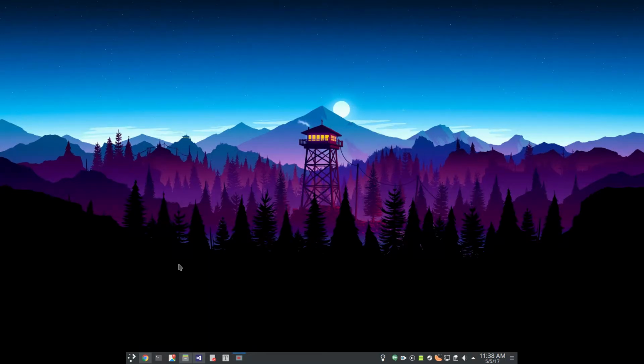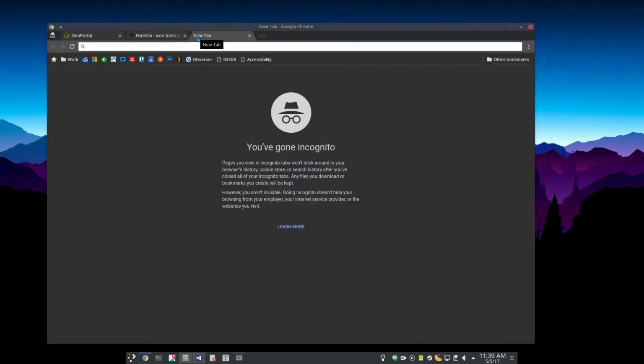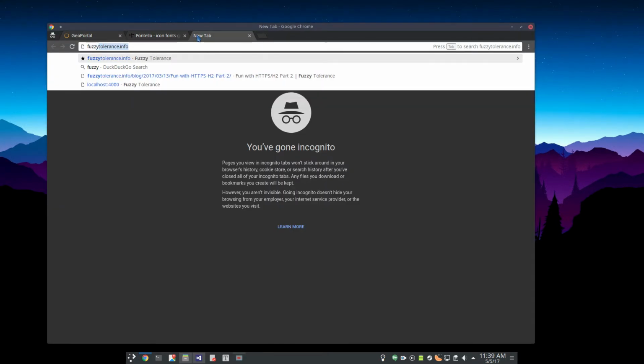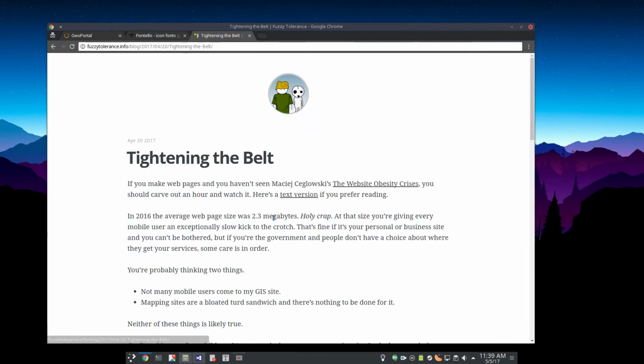So, I made a blog post not too long ago, somewhere, about web performance and how average pages are well above 2 megabytes now. And that just kills performance, particularly on mobile. I talk about some things I was doing to combat that with